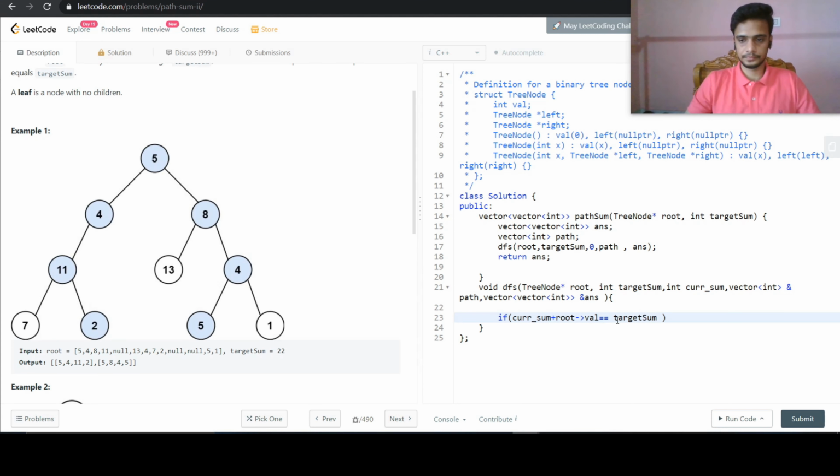Also, since it is a root to leaf node path, we need to check whether its left child and right child are null or not.